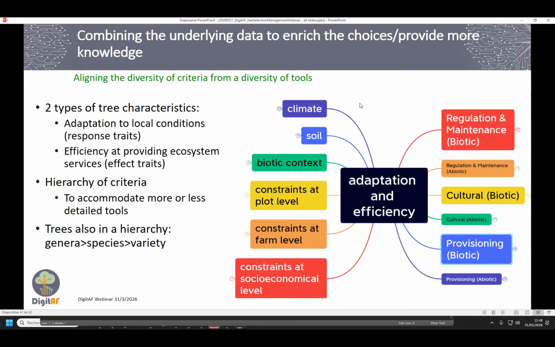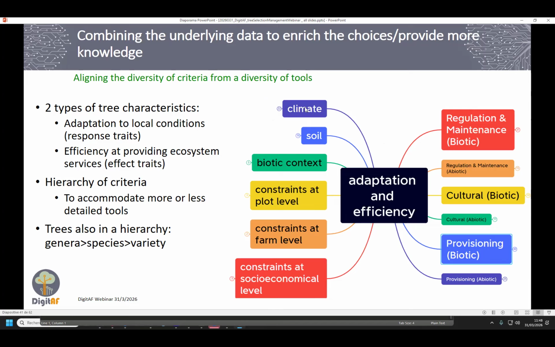And on the other side, all the services that the trees can provide, from regulation services to provisioning, of course. Here it's just the top level view, but of course it's possible to develop all of these branches and get more details, because it's a hierarchy of criteria.